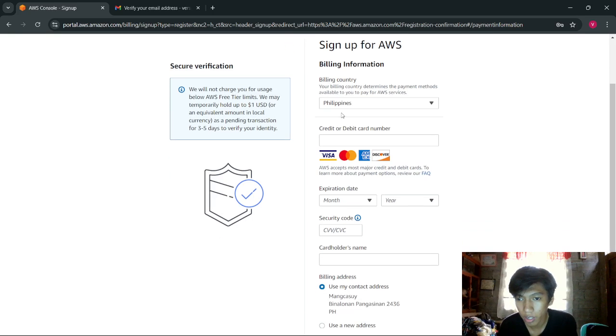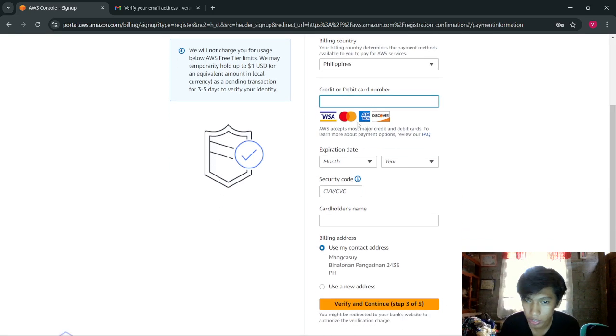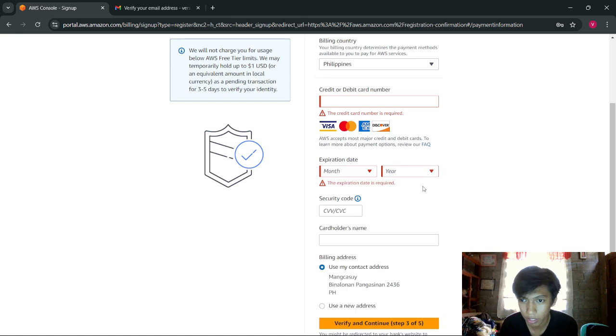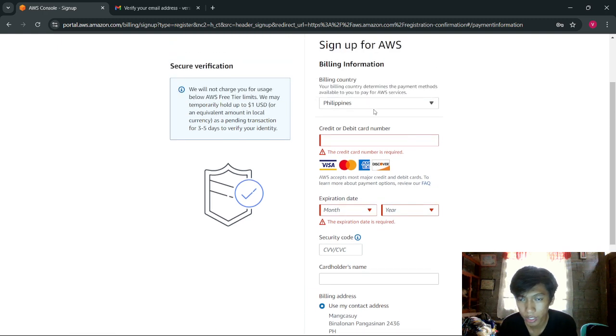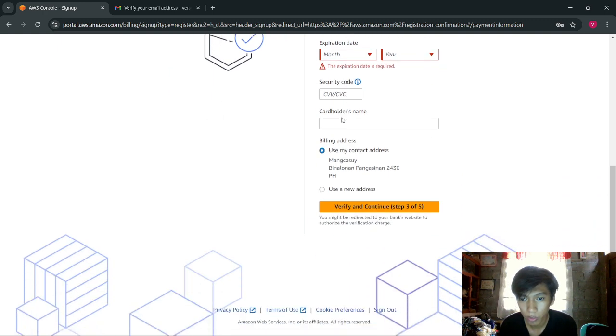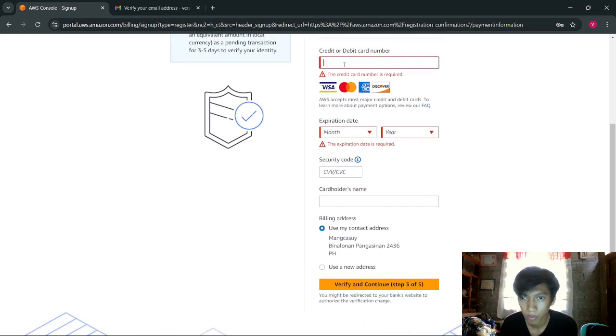so upon this, put some of your credit card details and so on. And now, if you have this put in, you will now be able to verify your account. So the verification process, for me, I don't have a credit card. So if you have a credit card, just put it in and you will go to the verification process.